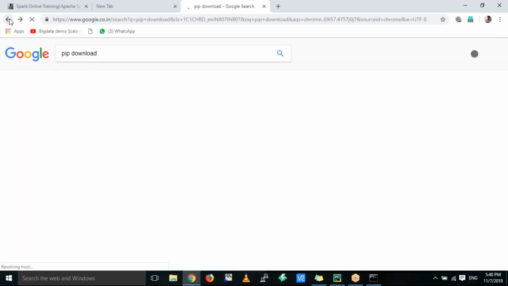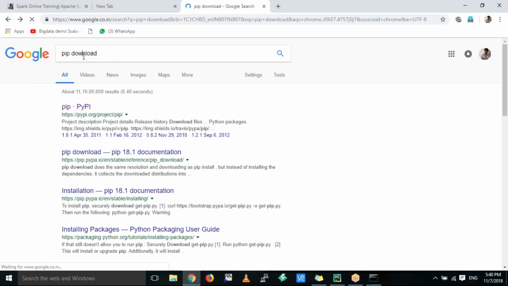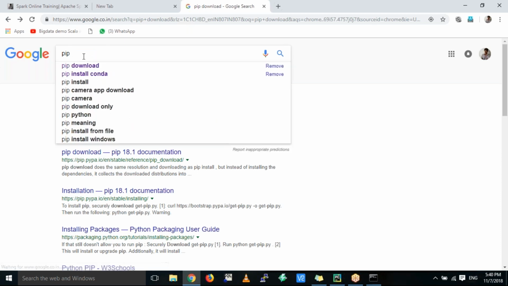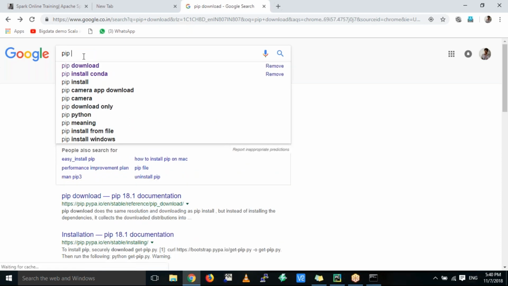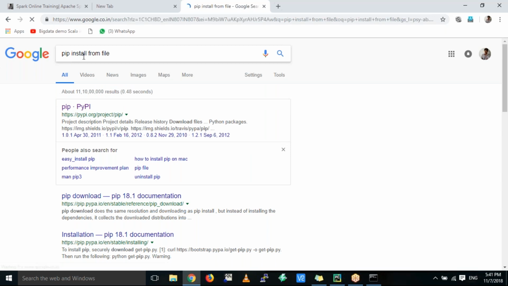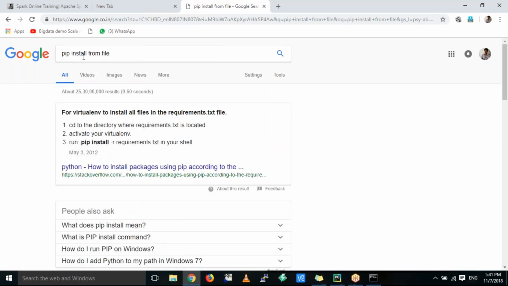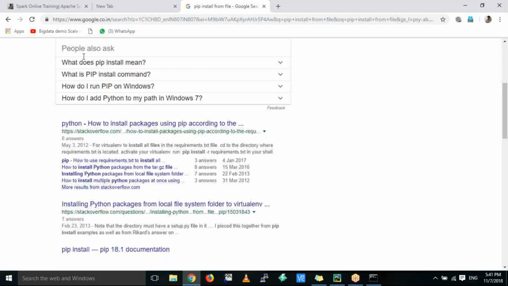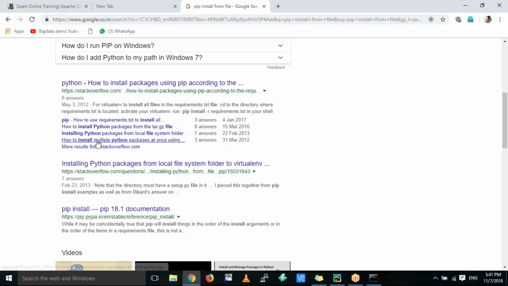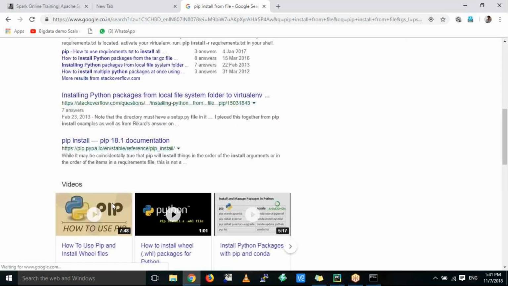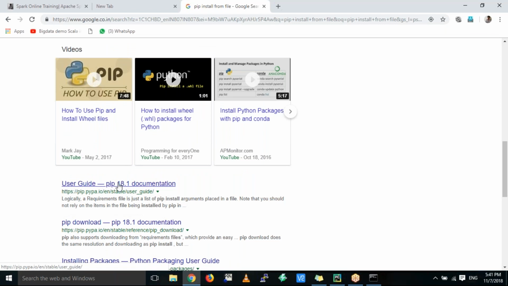Pip download. Just follow this documentation. Otherwise,